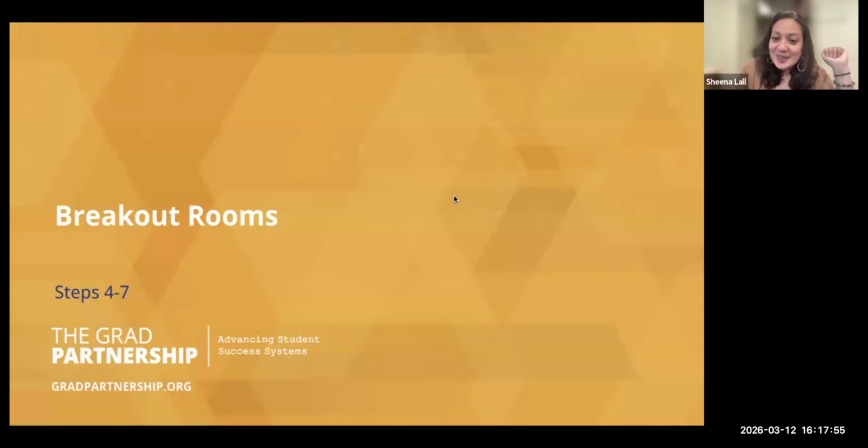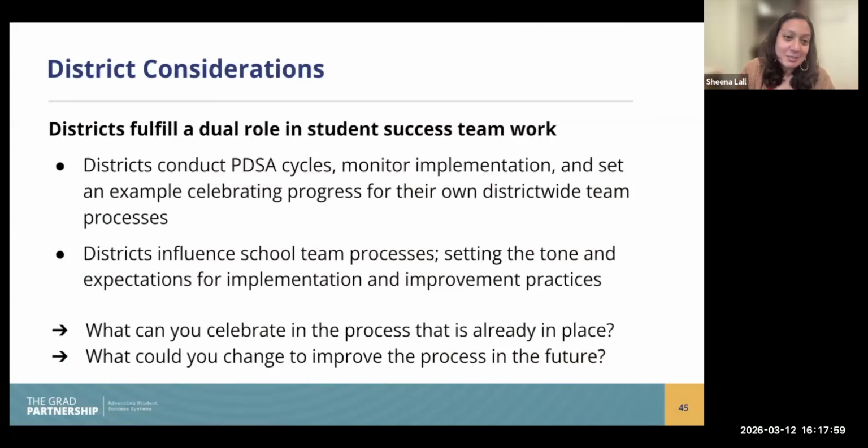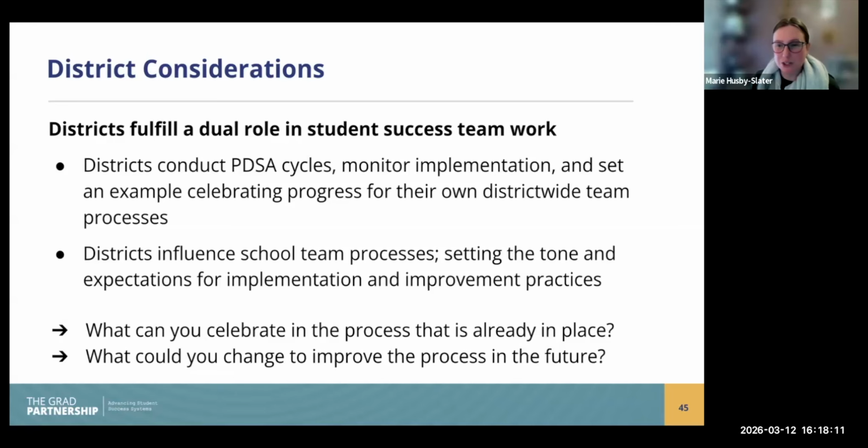Okay, those were our final steps in the process tool. Great. Thank you, Sheena. Thank you, everyone, for hanging in. 7 steps feels like a lot. Yes. And as we're wrapping that and moving into our second and last discussion for today,